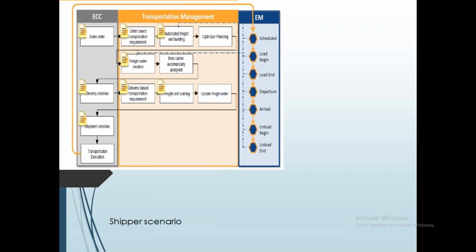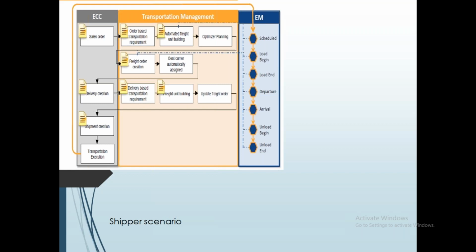I don't have the content with me directly, but I'll tell you what we'll cover. I will basically start with the industry. As I told you, there are two types of industry we mainly cater to: one is the shipper and one is the LSP, or freight forwarder industry. Then I will cover how TM fits into these two industry variants. Then I will directly come into the architecture part, because you are all experienced, so you know that architecture is very important: how and where you place TM in any type of logistics scenario, and what the different components of your TM architecture are. That part I will cover.